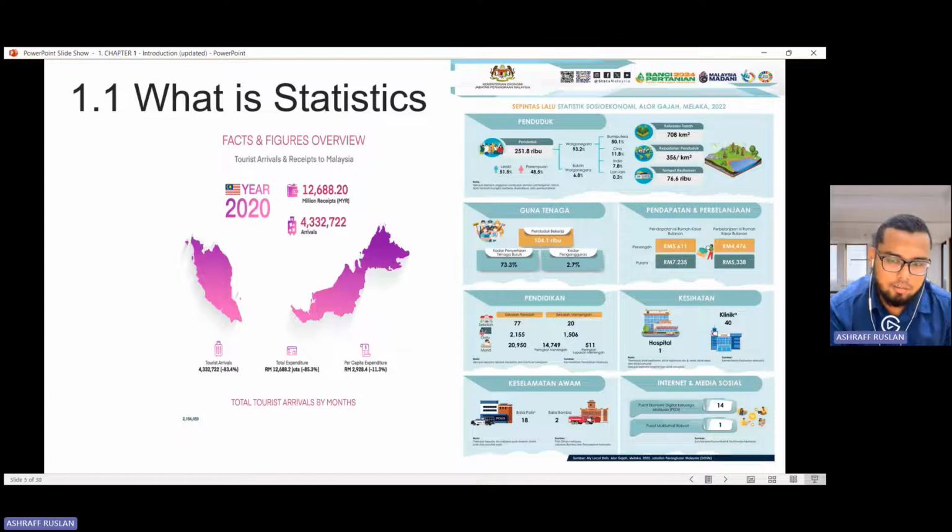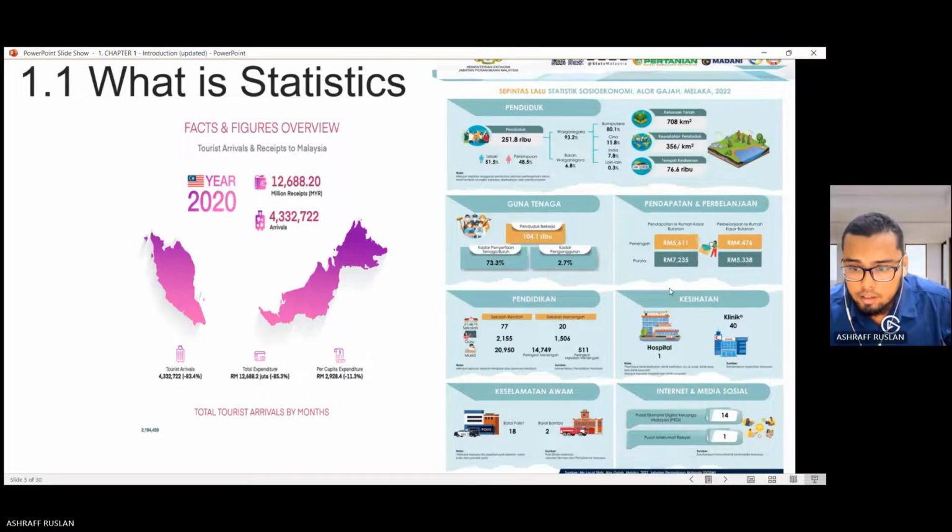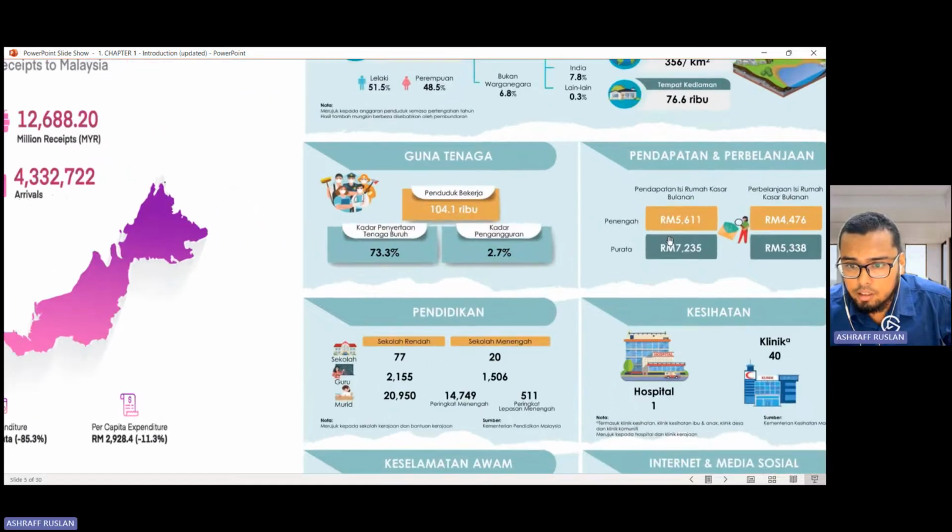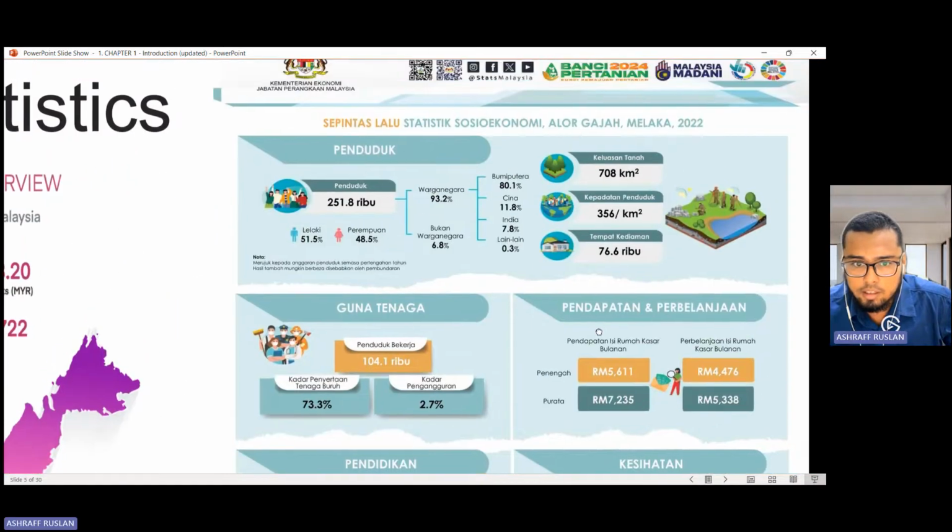So macam dalam slides ni kita tengoklah ada yang daripada tourism on the left side, okay, and also on the right side kita akan nampak juga this one. If I can zoom in, saya boleh gerak-gerak. Yes, saya boleh gerak.